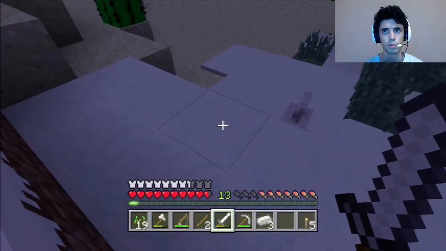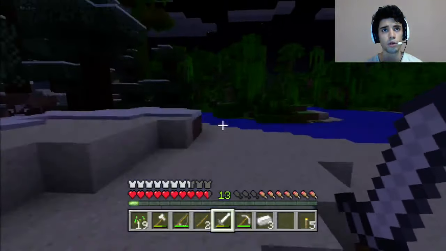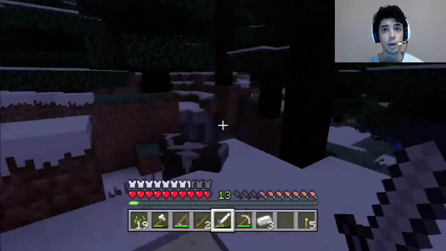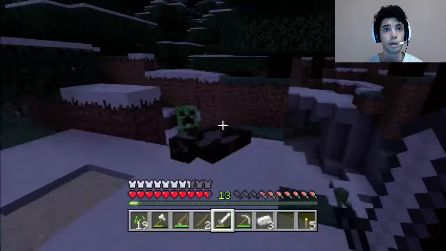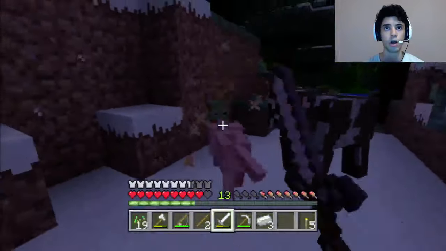I hear something. It'll be incredibly easy to kill a creeper. I suggest actually the best way to kill a creeper, once you have iron equipment, is just to spam 3 hits, and it'll easily... Okay, that's...